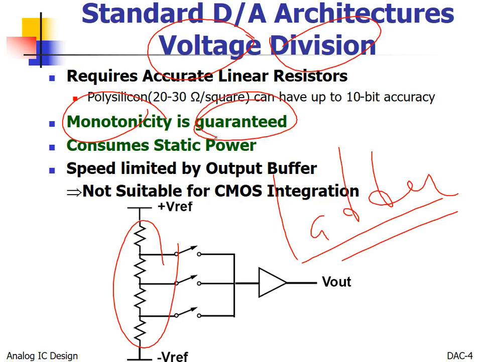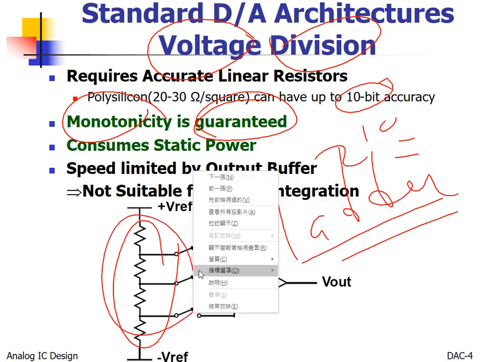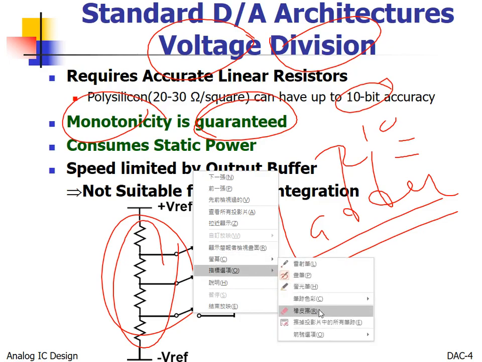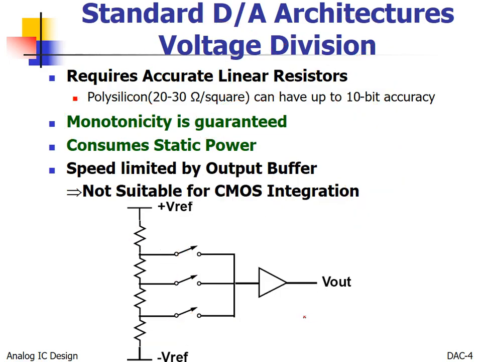But what is the problem? If you have higher bits, for example, 10 bits, you need to have 1024 resistors. Wow. How can you match them? So I warned you already. Even if you have such a very simple R string for your DAC, the number, the first, the second,